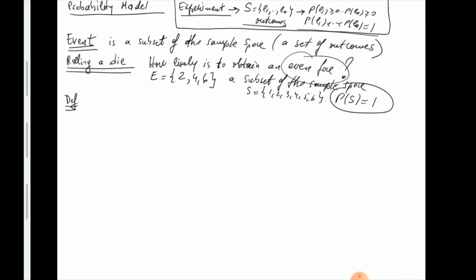We're going to define the probability of an event E as being the ratio between the number of outcomes in the event, in that subset, divided by the total number of outcomes